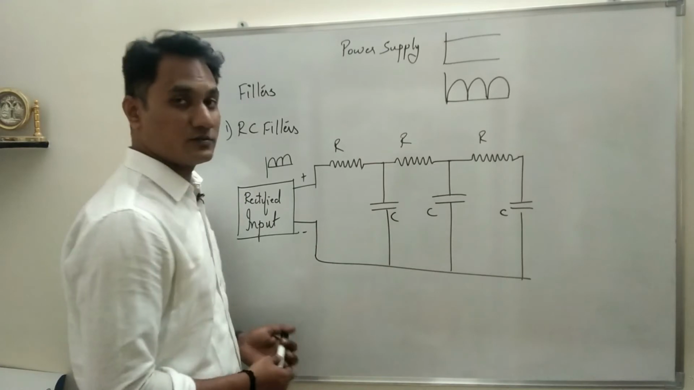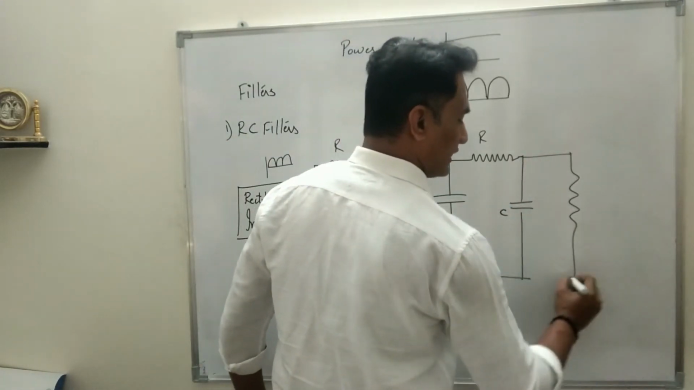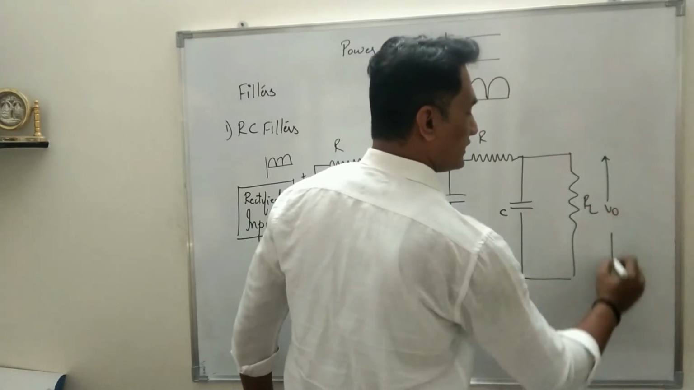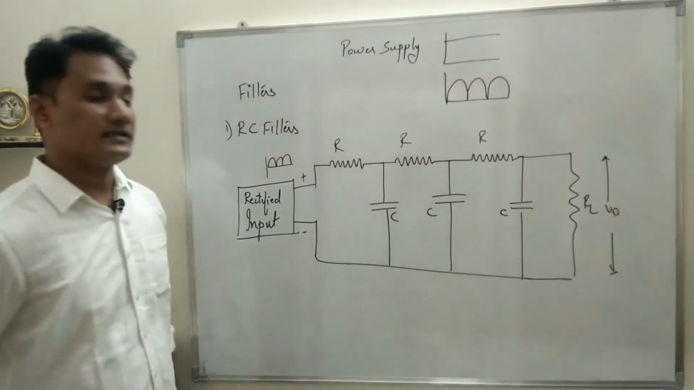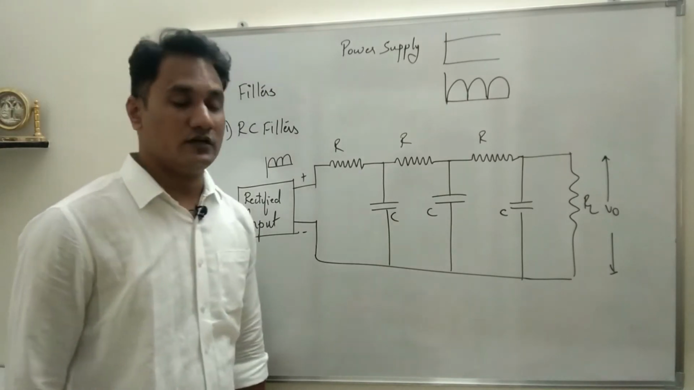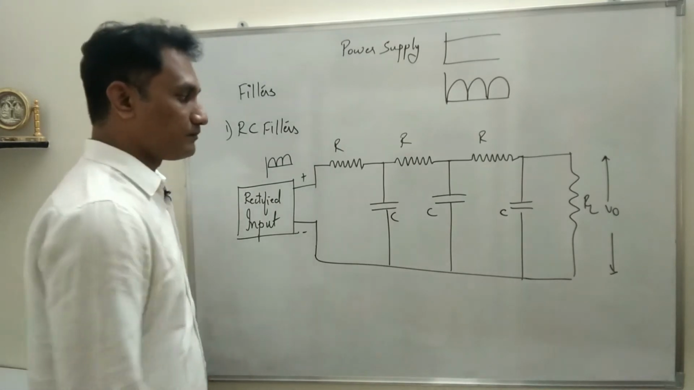How many sections have we added? We have added 3 such sections, and then we will connect the output load resistance across which the output voltage is taken. Okay, so each section will reduce the ripple factor by a factor of 10. Now